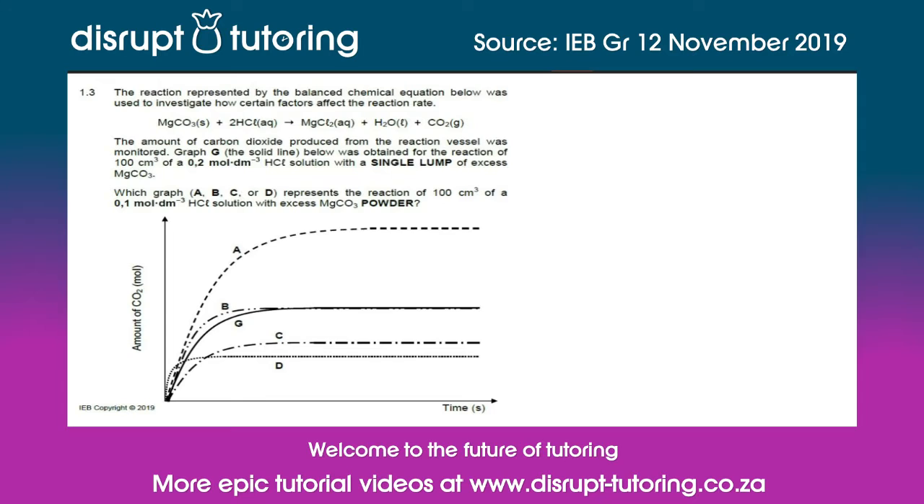Today we're going to do a chemistry multiple choice question from the November 2019 Grade 12 Physical Sciences, Paper 2. This question deals with an investigation to determine how certain factors affect the reaction rate of the reaction given by this balanced chemical equation. To do this, the amount of carbon dioxide produced is measured for two different types of